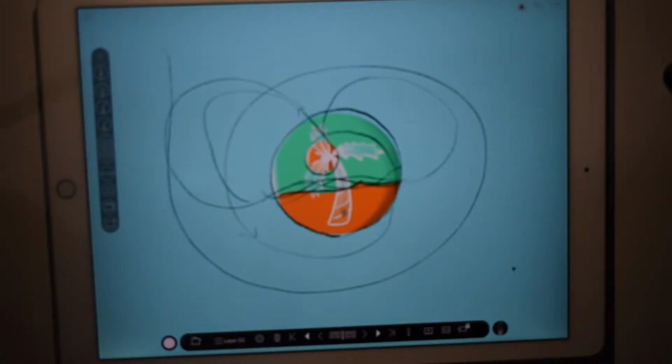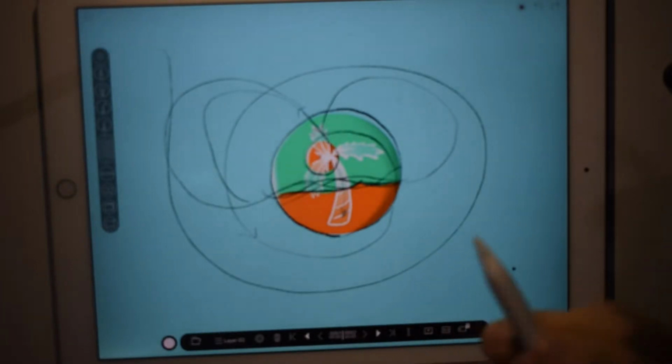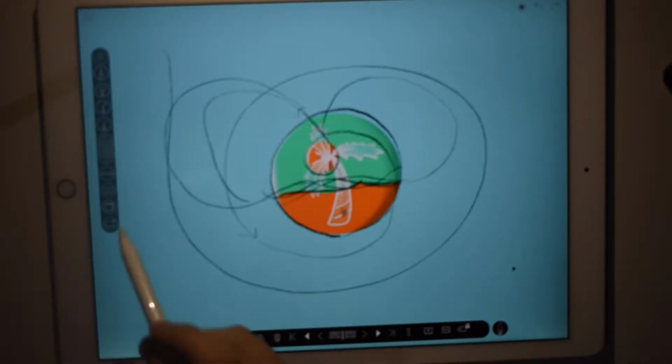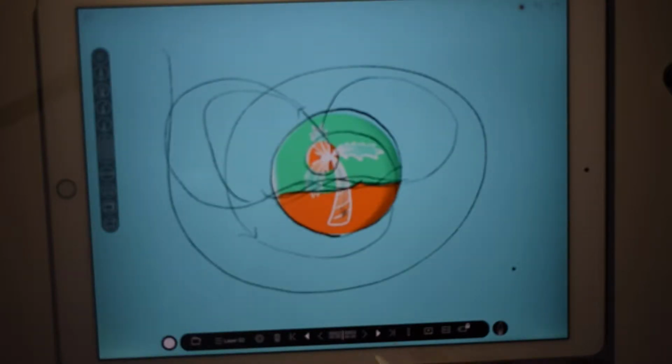So then, okay guys, now that we have our motion sketch, we're going to use this brush with the white color, and we're going to do frame by frame little dots or little traces of the motion that we sketched. So first things, we're going to duplicate the layer where we have our sketch, and then we're going to go back